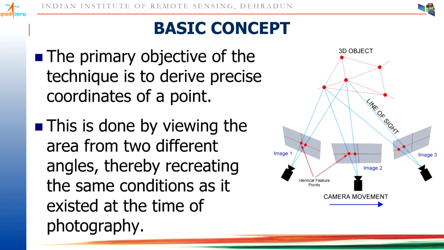This is happening in 3-dimensional space. When 2 light rays intersect, a point is generated. Here this point is generated, and here this point is generated. When all such points are generated, a virtual 3D model, a virtual 3D experience, is generated. The entire photogrammetry is based on this concept.